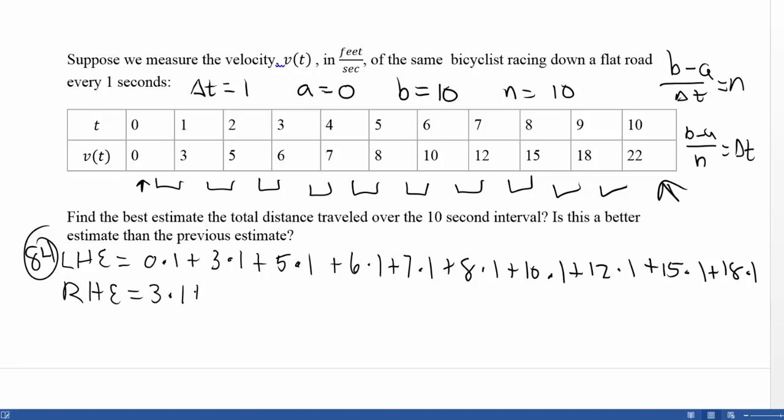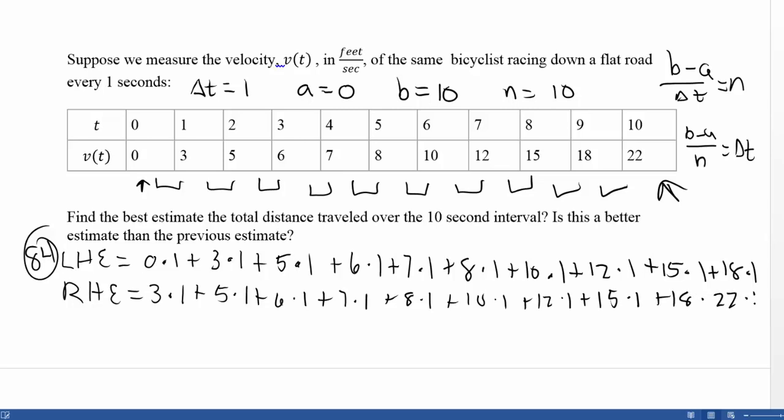So I'm going to use every single rate except for 0 because that's the leftmost rate. So I have 3 times 1 plus 5 times 1 plus 6 times 1 plus 7 times 1 plus 8 times 1 plus 10 times 1 plus 12 times 1 plus 15 times 1 plus 18 times 1 plus 22 times 1. So if I add these all up, don't forget my times 1 here at that 18. If I add those all up, I'm going to get